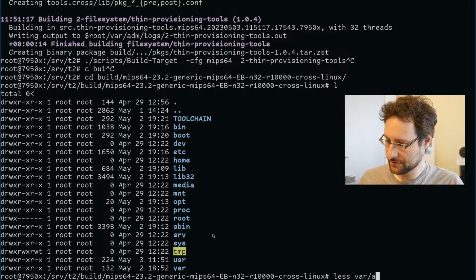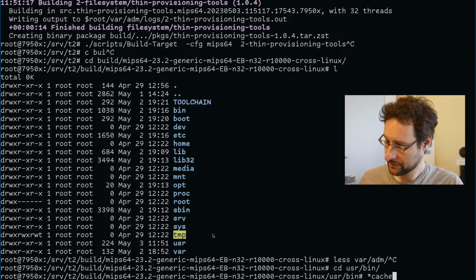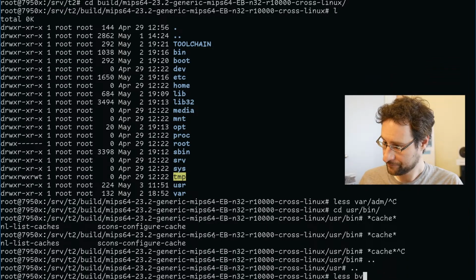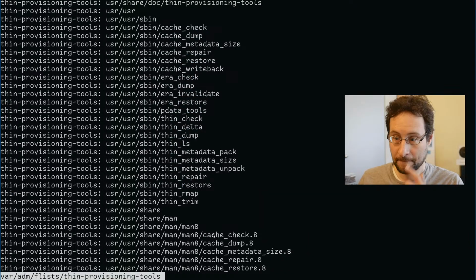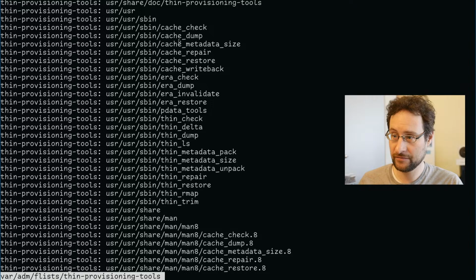Thin provisioning tools. It installs, for example, cache_check. That should be in... Is it here? Cache check, cache. No? sbin, of course. usr/sbin? Hello, how did we break that?